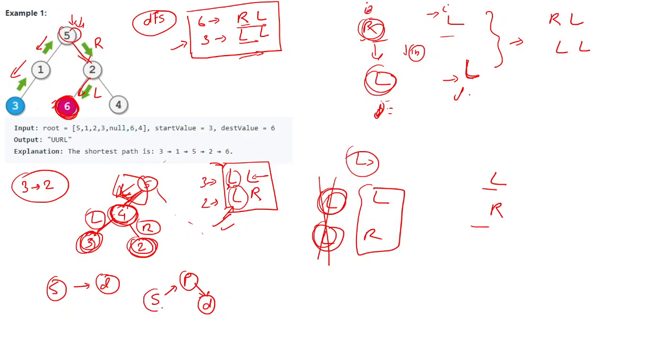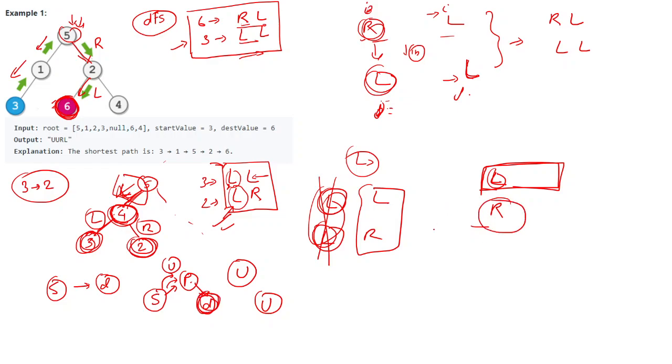So for reaching from start to parent, you have to go up, right? So up we have to go, and how many times will we have to go up? The length of the path that we have left after removing the common one. So this is one. We have left here only once, so we have to go once only up. So up is there, and then from parent to the child, that's the destination, we have to simply copy this destination path, R. So we have to go up, and then we have to go right. So this is basically our answer.